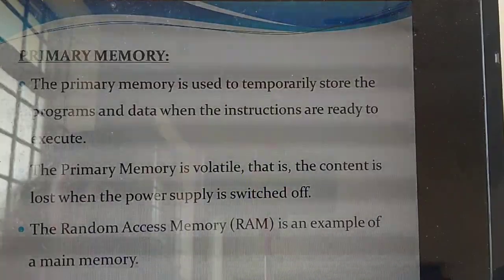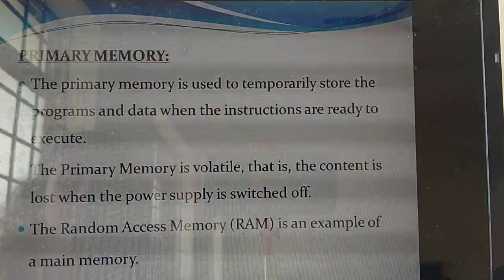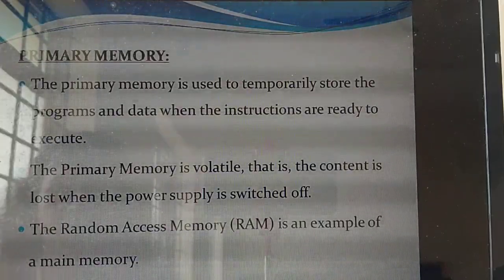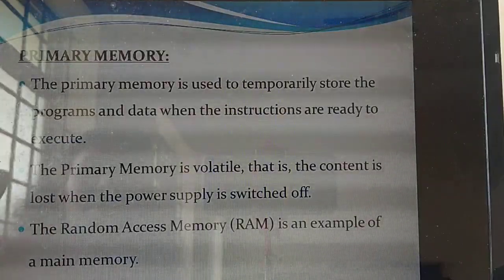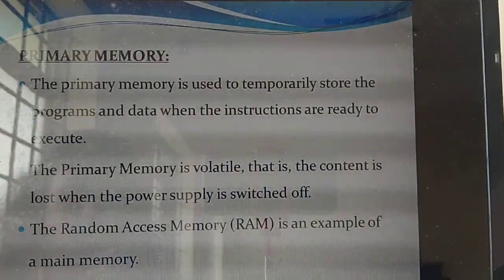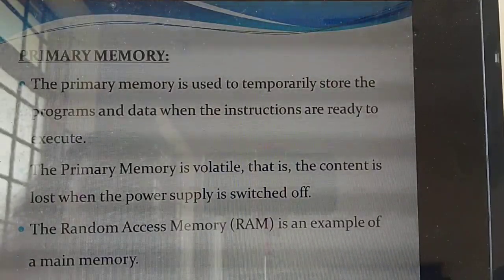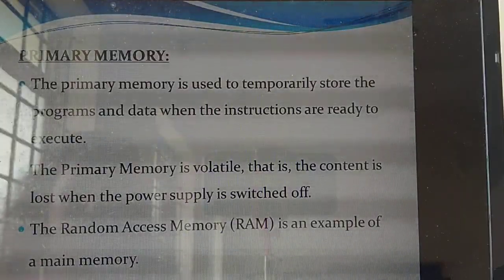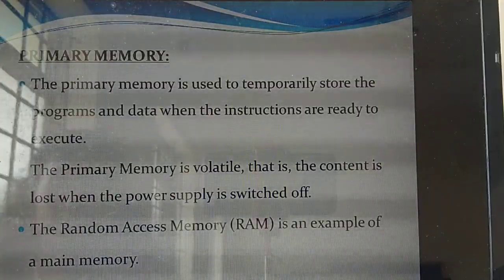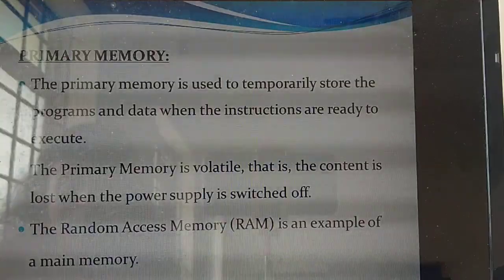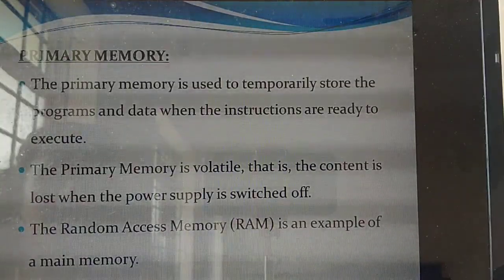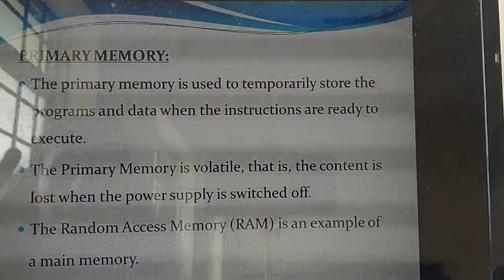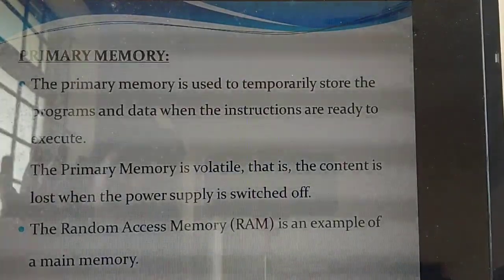Primary memory is used to temporarily store the programs. Not a permanent one. Temporarily used to store the program. So, by hearing without studying, it is not useful. Primary memory is volatile. That means if you are storing something in the primary memory and the power is switched off, the contents you have stored in the primary memory will get erased. Understand? So primary memory is volatile. Immediately if the power is gone, the data stored in that primary memory will get erased. The best example is RAM. What is the example for this primary memory? Random access memory. This is an example of main memory also.